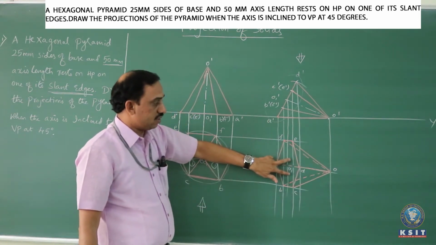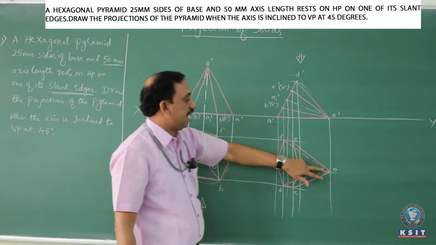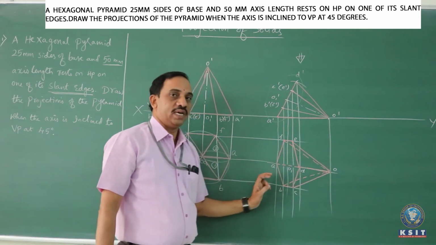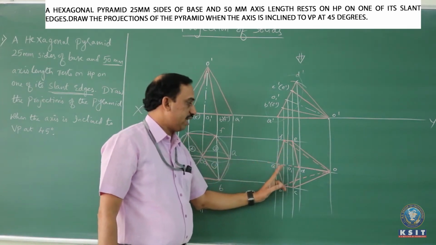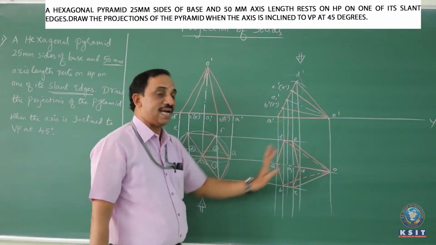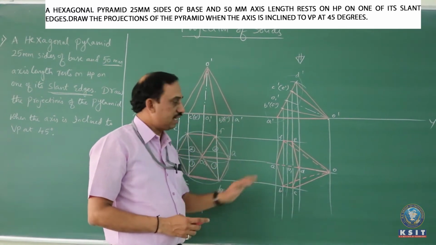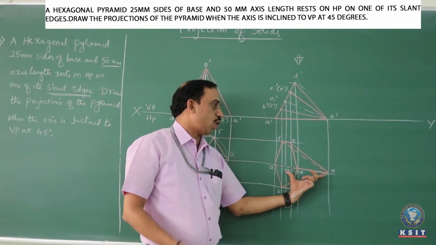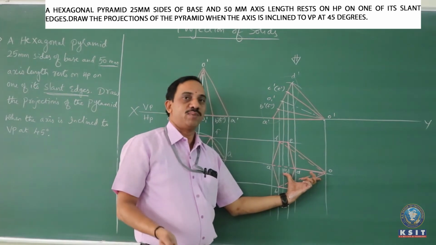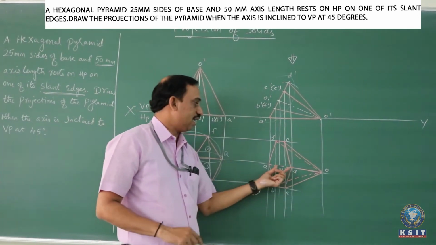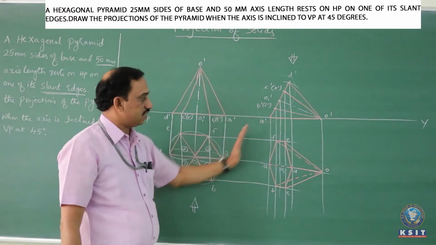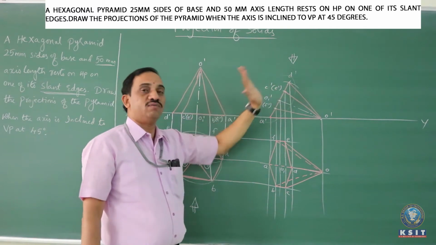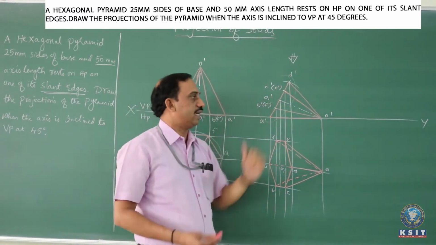Not only are the two triangles related to OA invisible, along with that we have OFE invisible, OBC also invisible. Totally 1, 2, 3, 4 triangles are invisible. Only 2 triangles are visible out of 6 triangles. That completes all the faces. Now you should join the axis O to O1, but we cannot join the axis O to O1 as chain type. Why? Because there is an overlap of continuous and invisible over here. That completes all the faces of this particular tilted position, making the pyramid get tilted with one of the slant edges. Now let us proceed to the next condition.